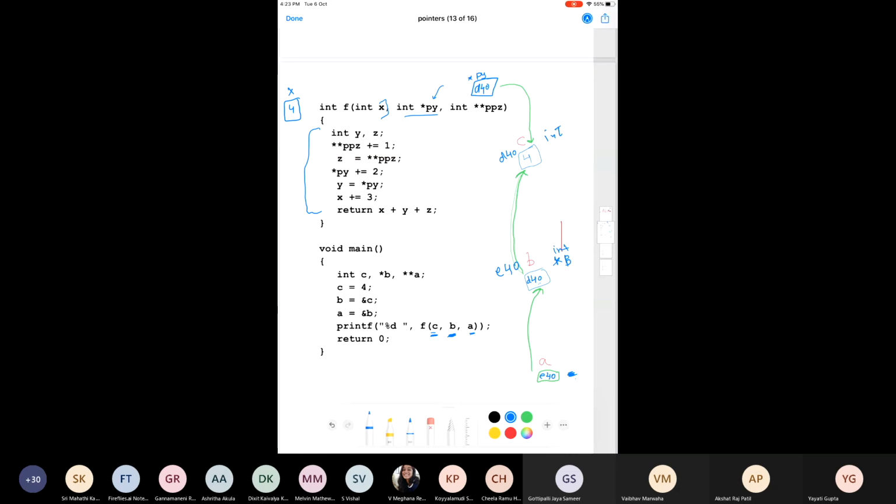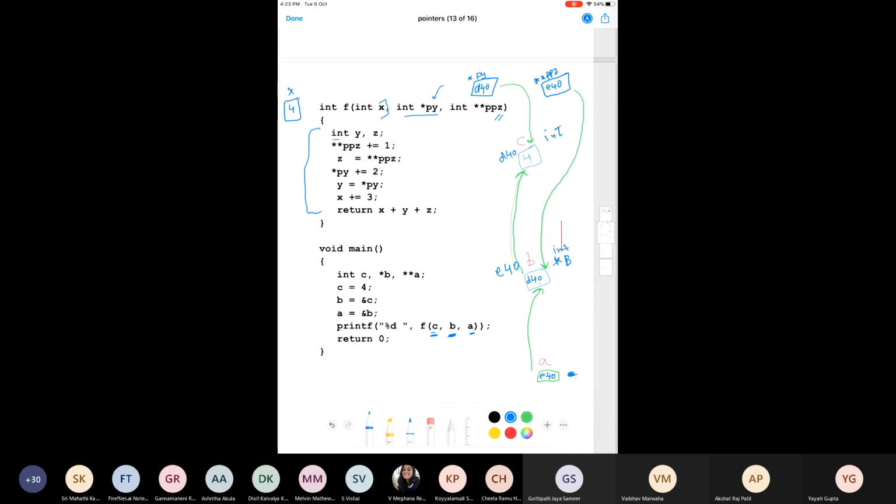This E40 is now passed to this double pointer ppz. So let's say this is my double pointer ppz, which this function made. And this double pointer gets the value of A, which was E40, which means where is it pointing? It is pointing to this B here. If you understand this example, I don't think you'll ever face any problem with pointers.